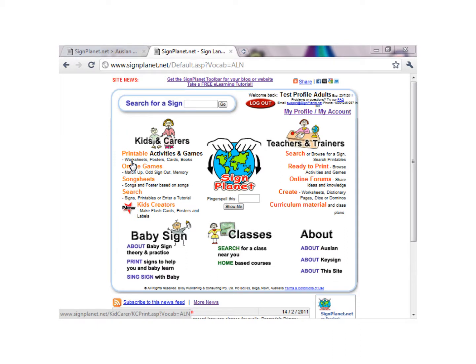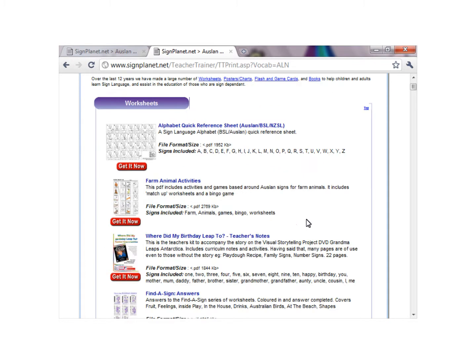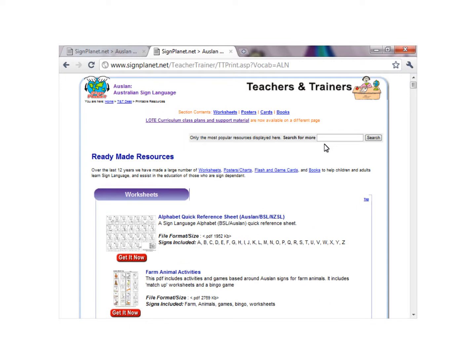So if we click on printables and activities and games, or ready to print, over here you'll see a list of worksheets, posters, cards and booklets. You need to be logged in to get all of them, but some of them are open access. These are only the most popular resources, so it's best to run a search. Let's say I'm going to a farm with a deaf student, and so I'd like some activities to do before or after the trip. If I search for farm,